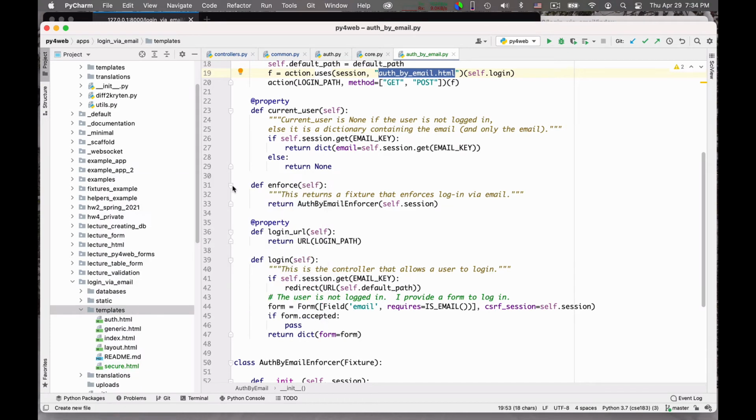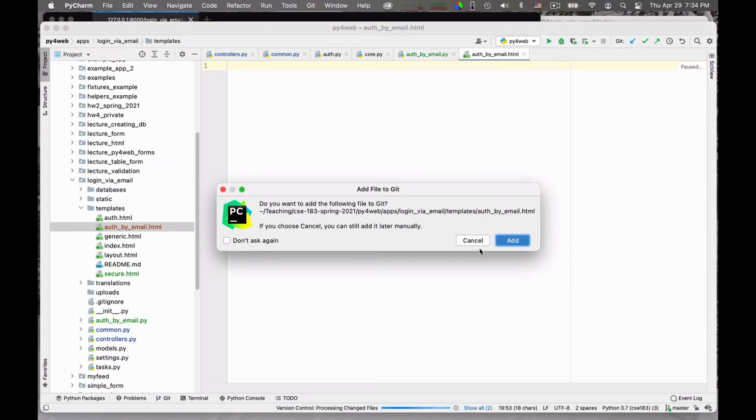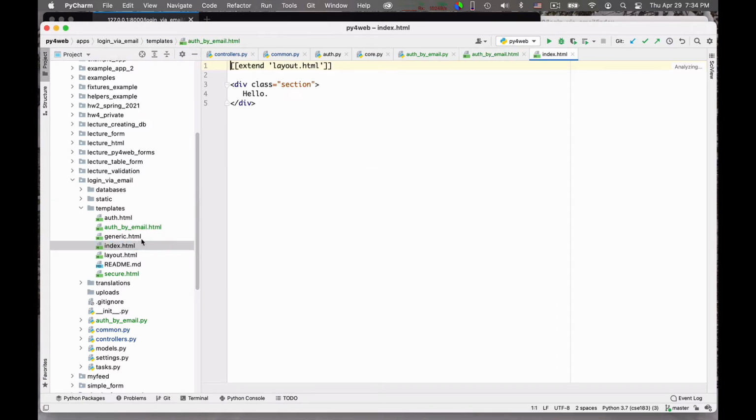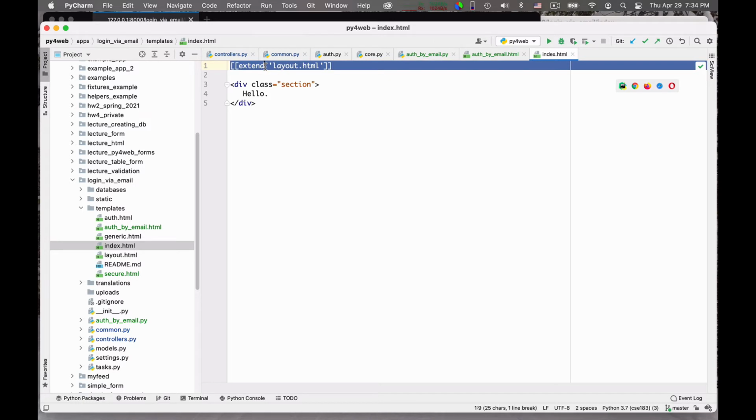So new file, auth by email HTML. And what do I write in it? Well, I want to extend the layout as usual.